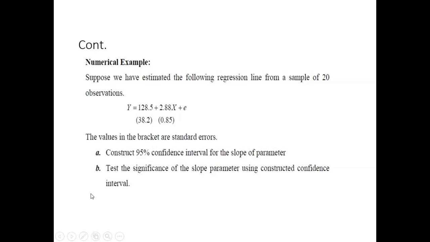The confidence interval is 95%. So what do we have to do? The limit within which the true beta lies in the 95% confidence interval is equal to beta hat plus or minus the standard error of beta times tc, or t critical. Beta hat is already given as 2.88, the standard error is also given, and tc is